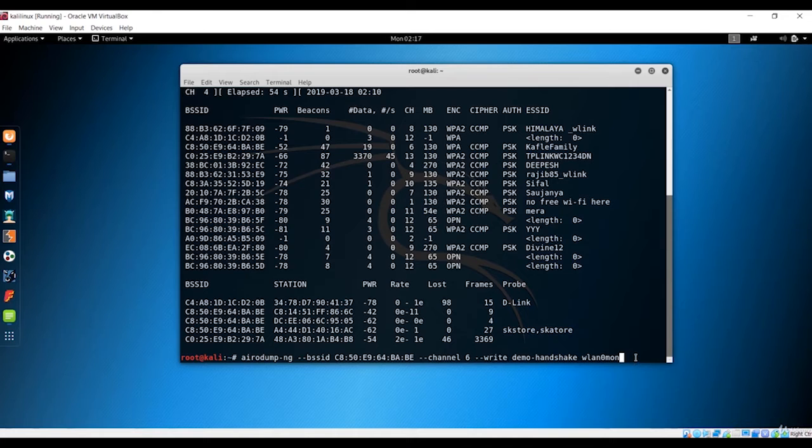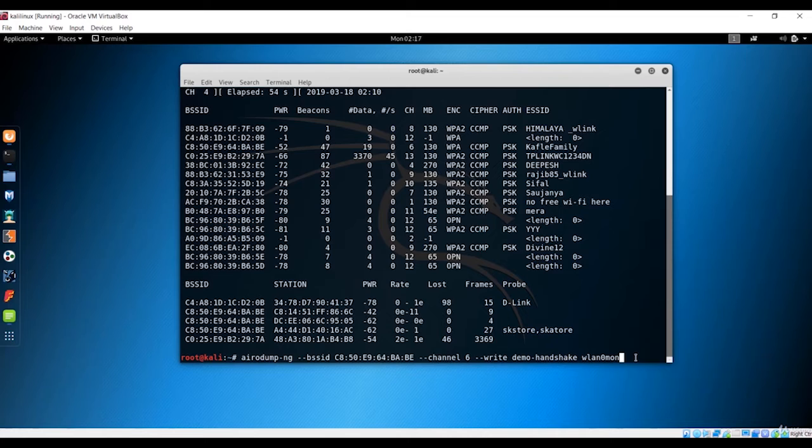What happens is basically this command will send the handshake packet. Just remember, handshake is something like you are connecting to the network. So you are sending some packets from this airodump-ng to the network, and this works every time there is a client connected to the network. There will be some client, otherwise if there is no client connected to that network, then this is not going to work.